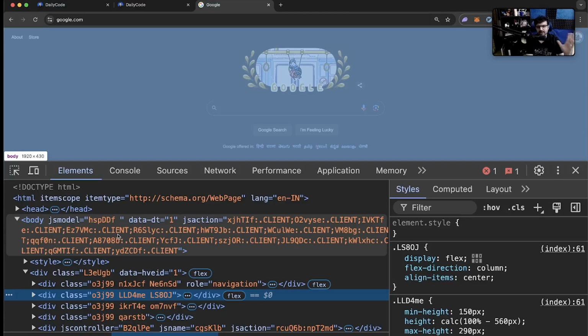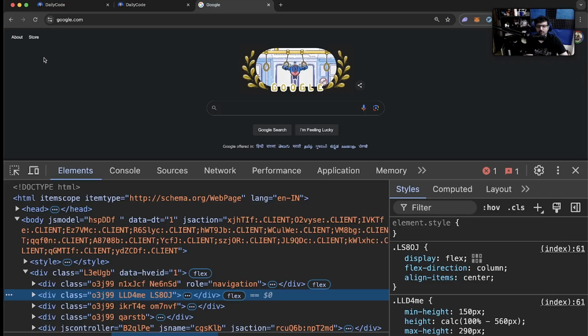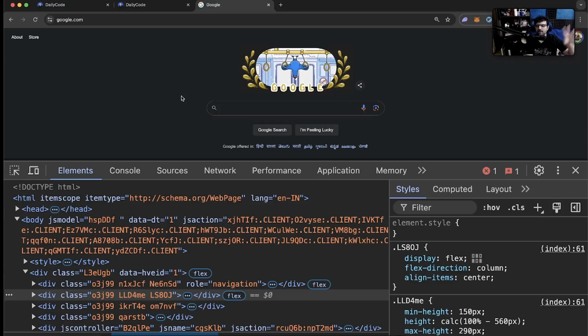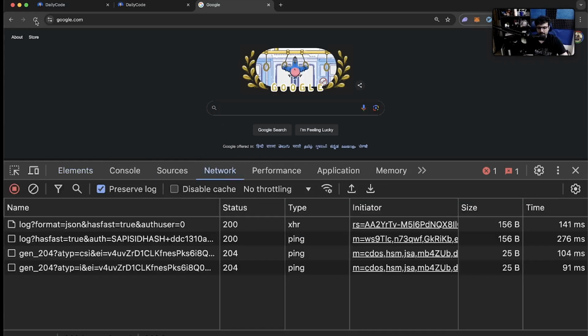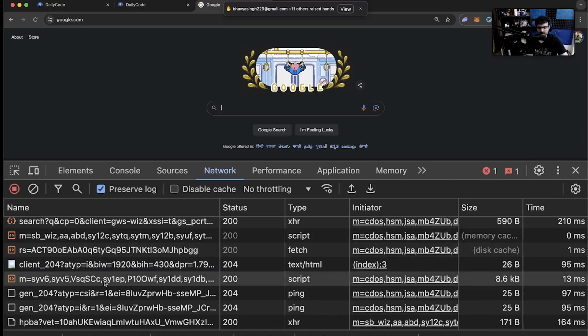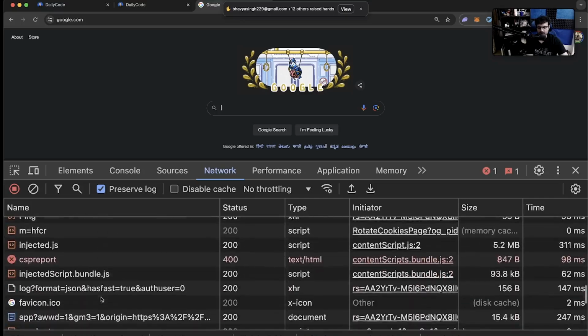So you might ask, Kirat, then the HTML is enough. Why do you need CSS and JavaScript? We will get to that. But if you remember from yesterday, to make your page look a little prettier, you need CSS. And to do some extra things, you need JavaScript. What that is, we will come to eventually. If you open the network tab over here and refresh, you will see a bunch of files, some request is going out.